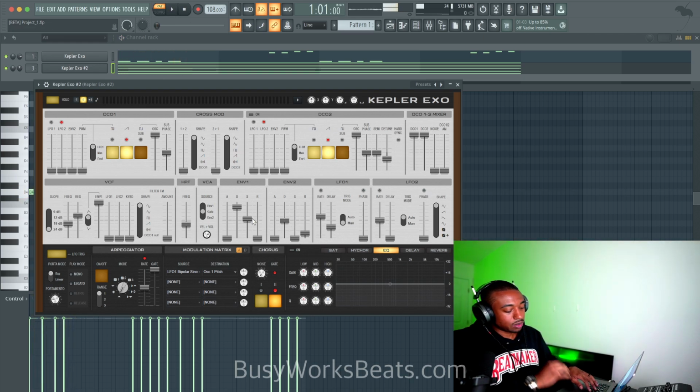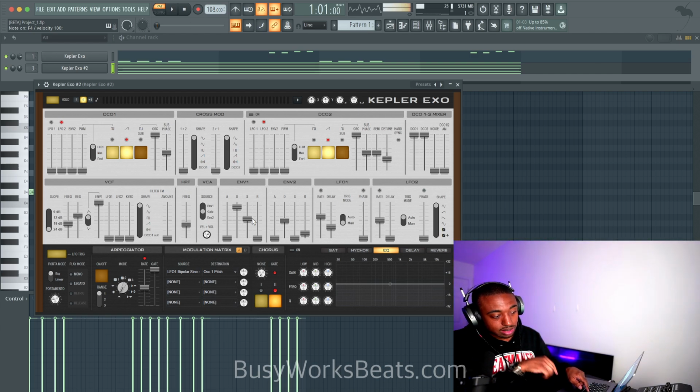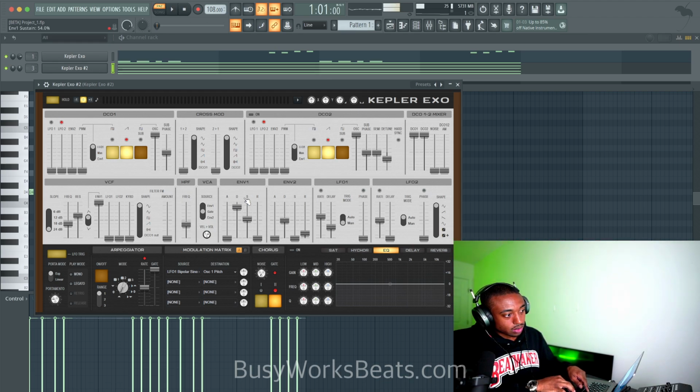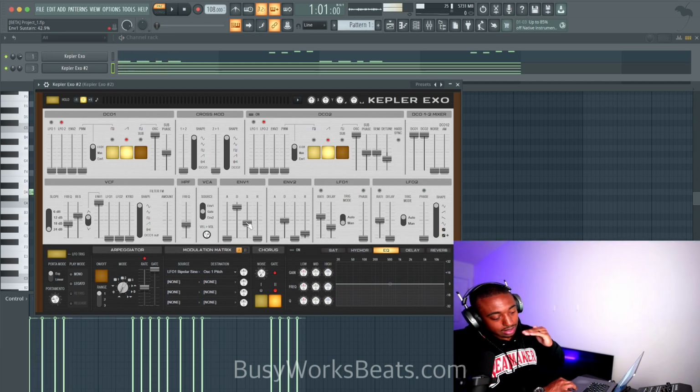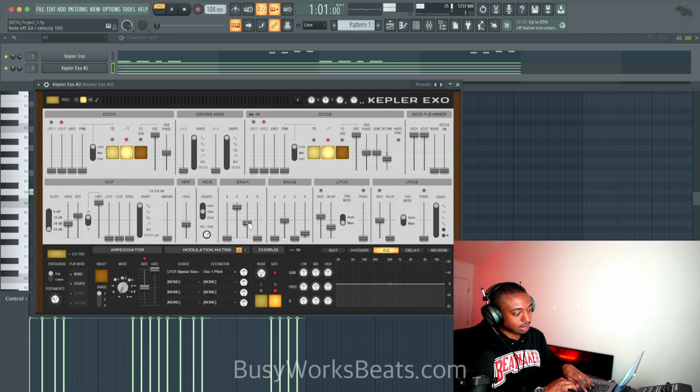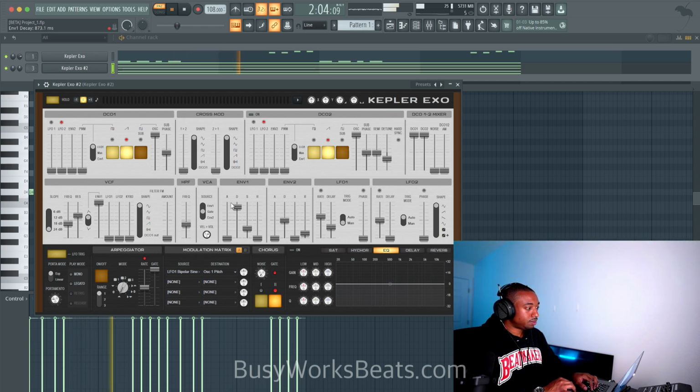I guess to test it, we would just hold a note. So if this is true, then by me holding this note, this envelope determines the amplitude. Okay, so that seems true. So we want it to fade, but also kind of stay at a volume. We don't want it to fade and just turn off. Pretty basic. I mean, nothing wild.